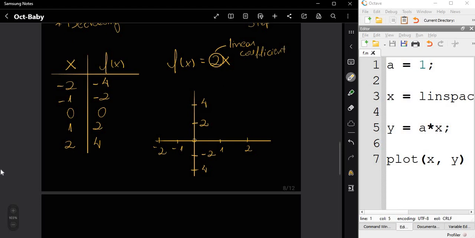Okay, we know that this is a positive linear coefficient, so we know that the function is increasing. And if it was negative, the function would be decreasing. But something that we are pointing out right here is the proportionality, this property, proportionality.